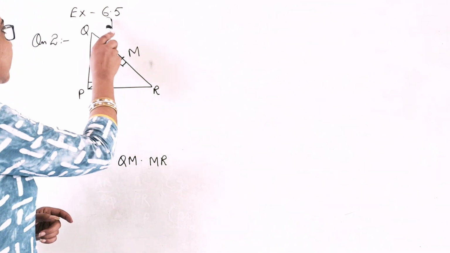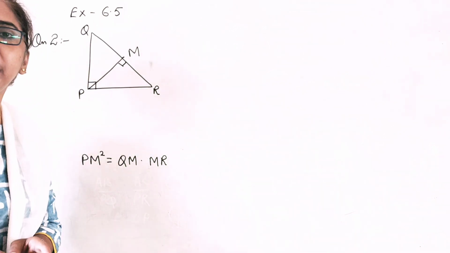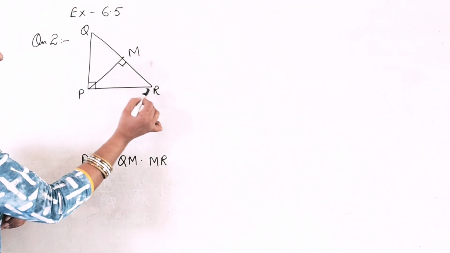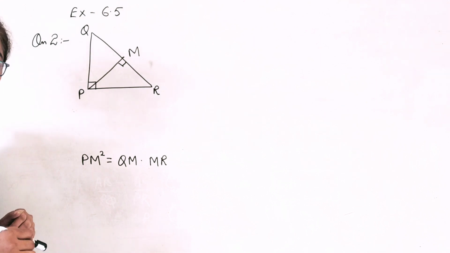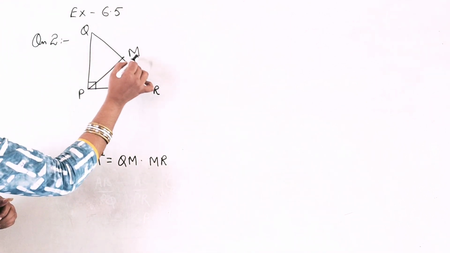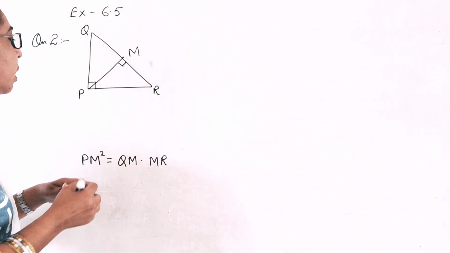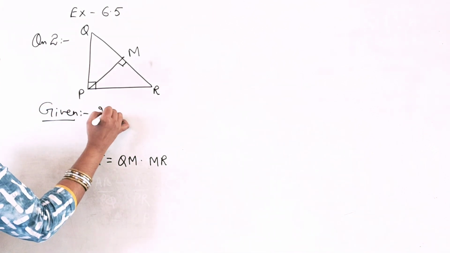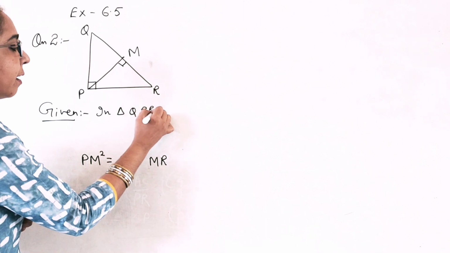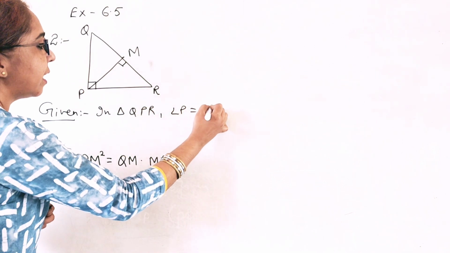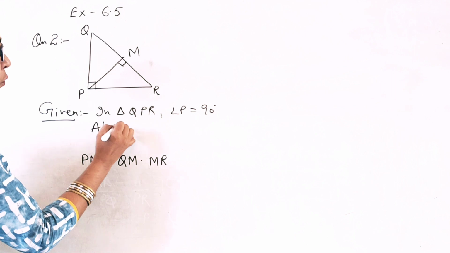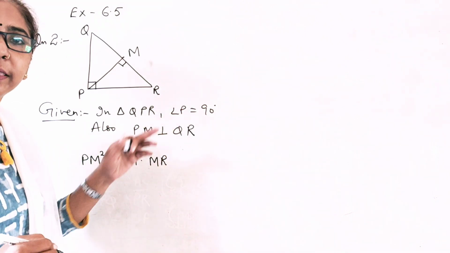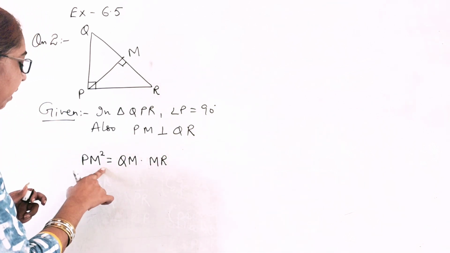Now we will do exercise 6.5, question number 2. And what is given in the question? Here it is a right angle triangle, right angle at P. Also PN is perpendicular to QR. So this is given that in triangle QPR, angle P is 90 and also PN is perpendicular to QR. These two things are given and we have to prove